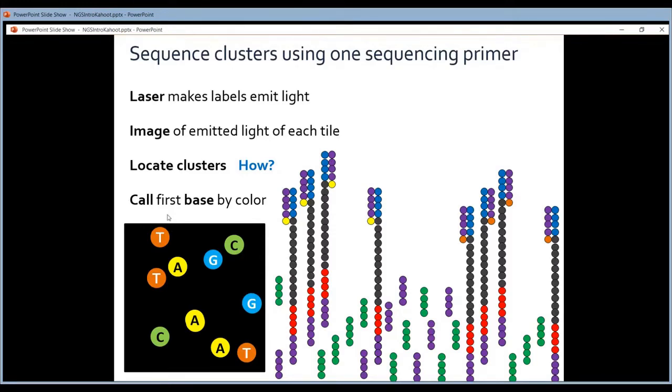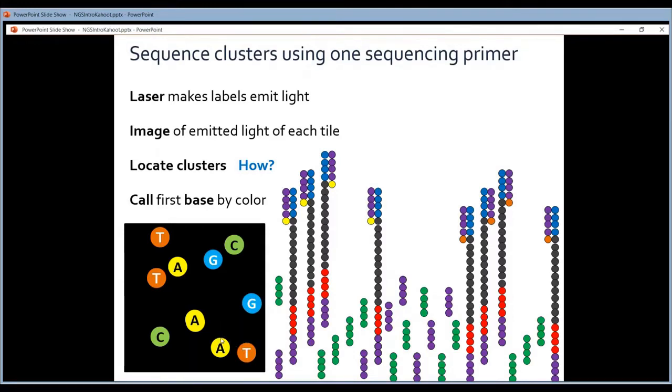And of course, since every cluster contains identical copies of one fragment of your library, the whole cluster will emit the same light. So here, for instance, you have a cluster emitting red light, so it knows, red is a T, so in that cluster a T has been incorporated. And the same is true for this one.